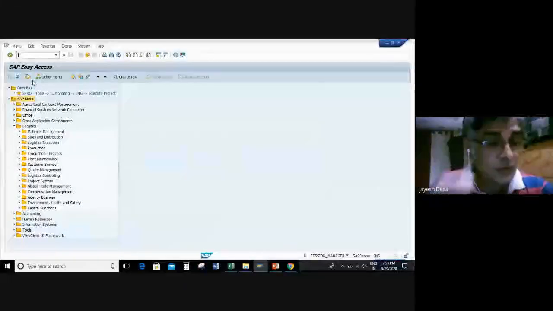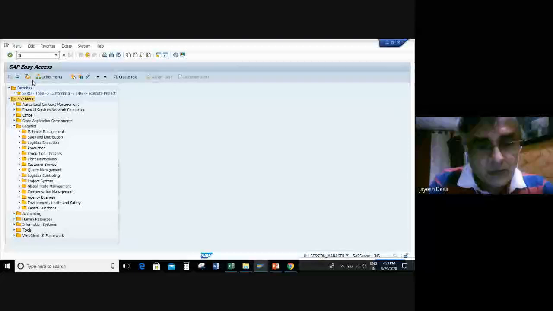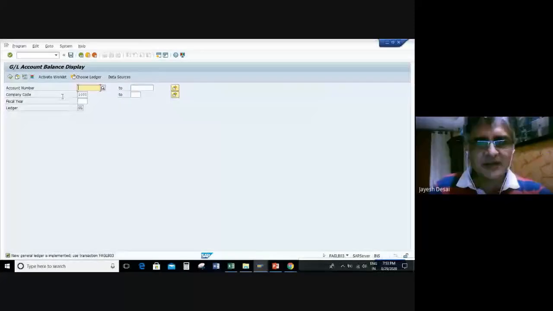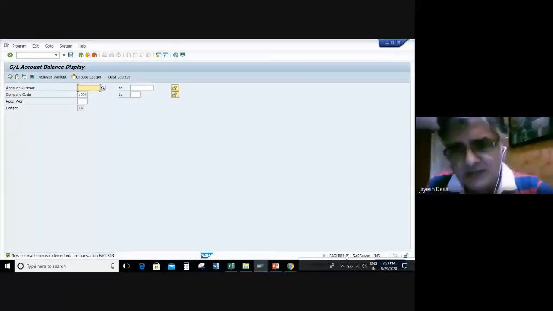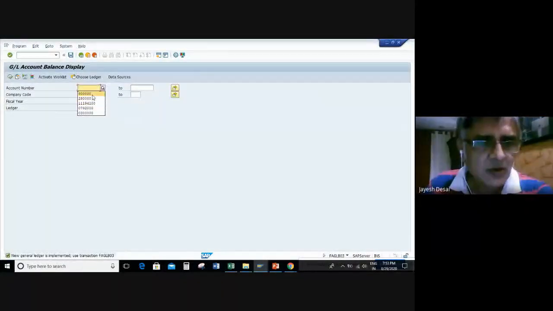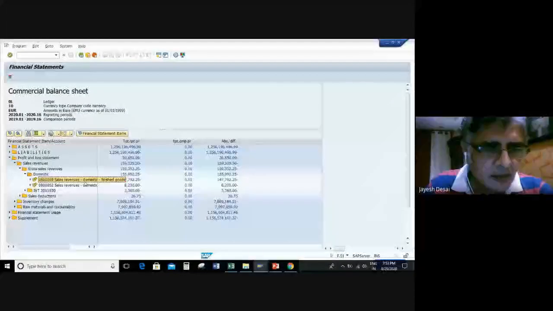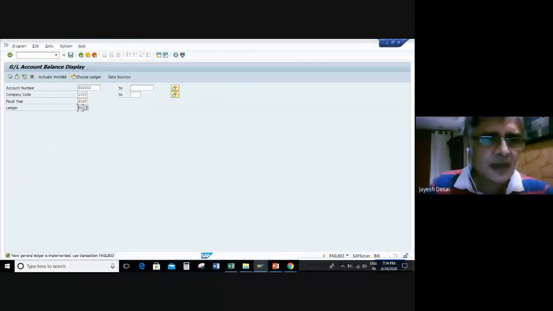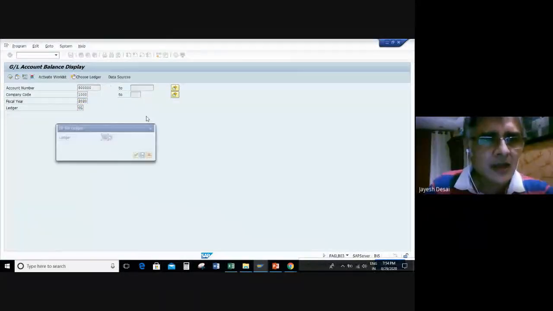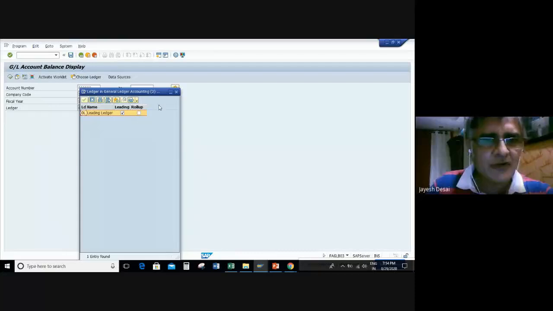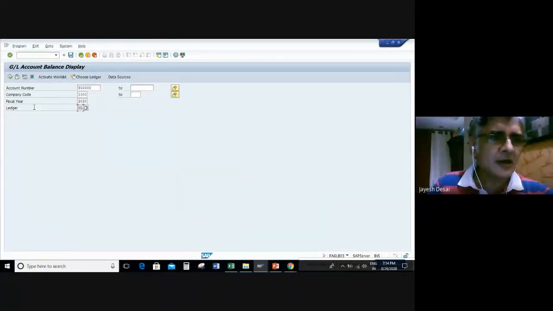What I'll do is I want to go into an account. So this is the transaction, and you see FAGL B03 is another T code for this transaction. I have this account. Okay, and the company code is 1000. Let me take the fiscal year 2020, and you see the ledger here is GROL. If I want, I can choose another ledger if it is defined already. But in case it is not defined, only one ledger is there, so I can't select. So multiple ledgers have not been implemented for this company code.